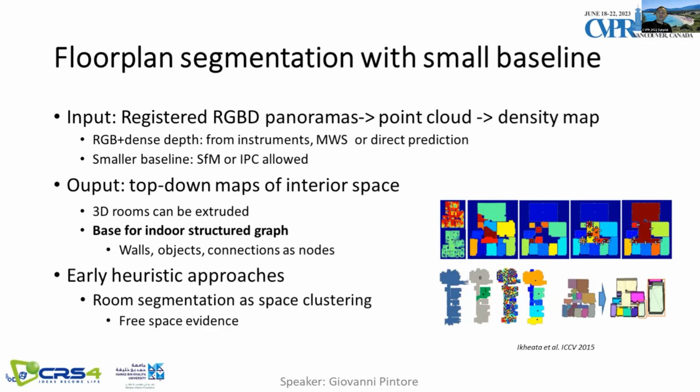So for each pod, we have a dense depth map that is associated with the RGB image coming from a sensor or from the methods that we have seen in the previous section, for example. And we also assume in this case to have a smaller baseline between images. So it's possible that the point cloud and depth map can be aligned through the structure from motion or ICP method. As output, instead, we expect to obtain a top-down floor plan map of the indoor space